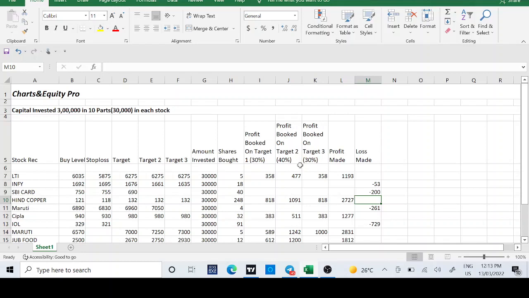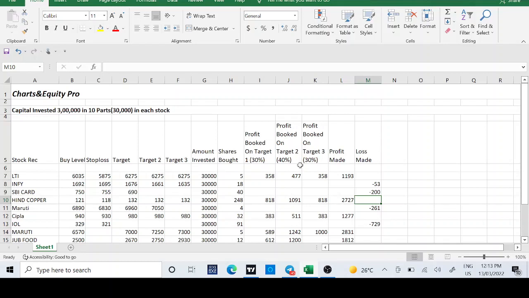We have considered all the closed calls, those which hit the targets and those which hit the stop loss. We have not covered any future calls, though we have given good calls on futures too, Nifty, Bank Nifty, and even the option calls,